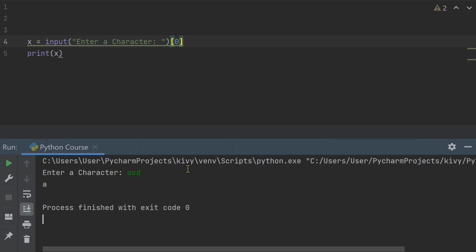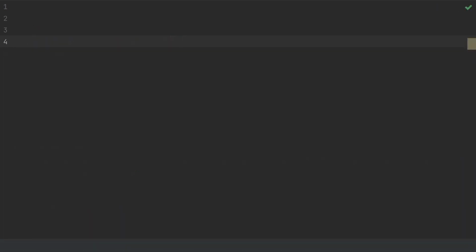So inside my x variable, I only have A because I specified here that I only want the first character in a string. Now I still have another function that I want to show you here, and it's called